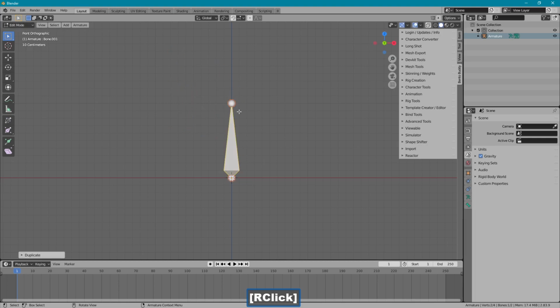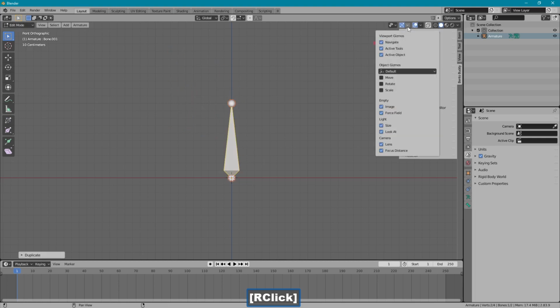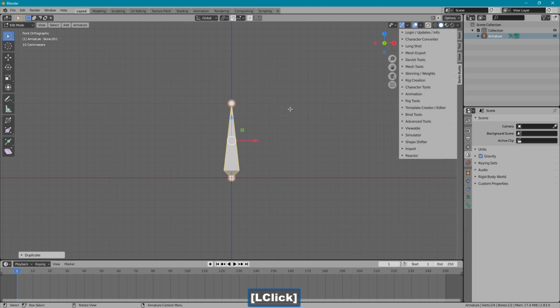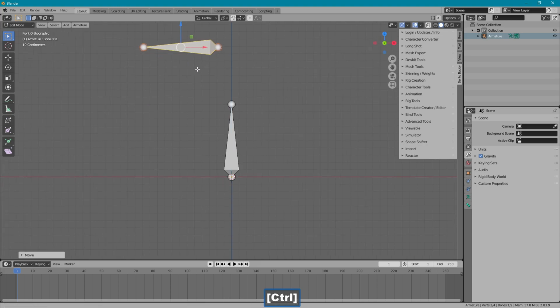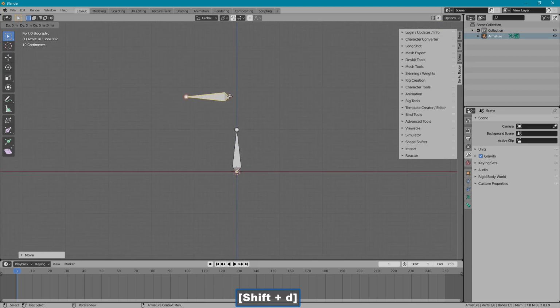Shift D. I'm going to turn on my move gizmo, rotate, and then hold the control key to snap it to angles. I don't really need to do this, but I'm going to put this close to the center line, but I'm going to make a new one for the other arm and put this way away from the center line, just to show that it's not necessary. Even I'll put it up a little higher,